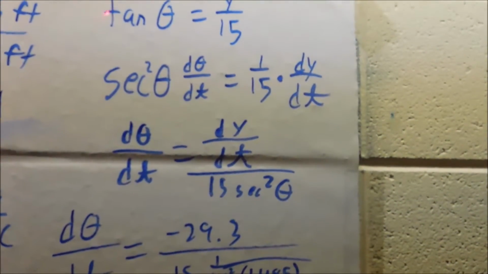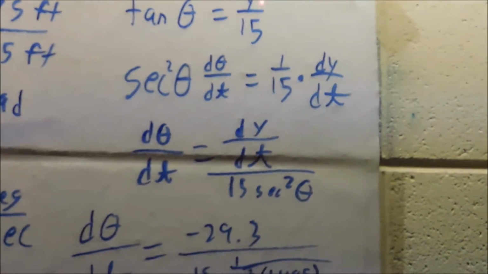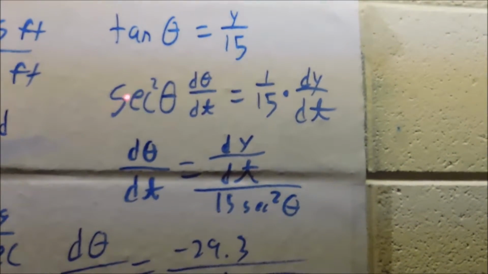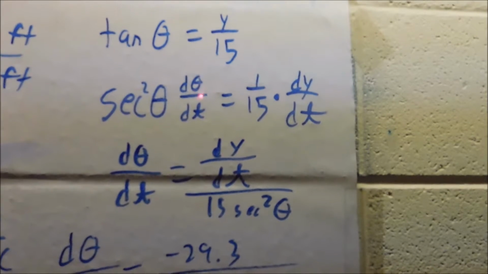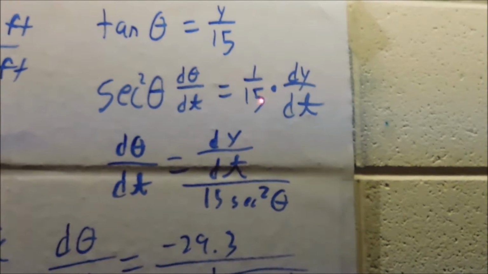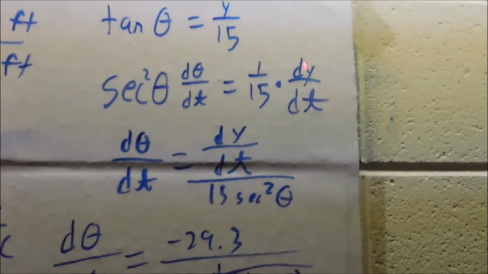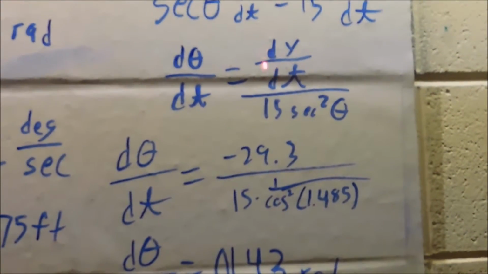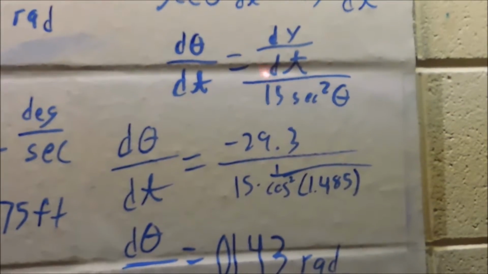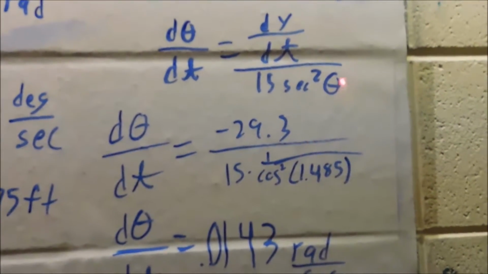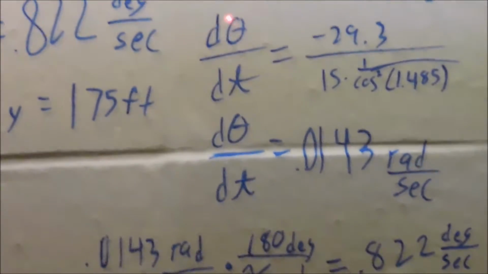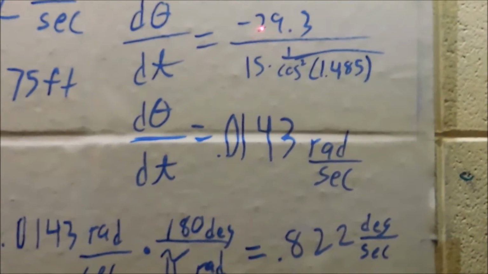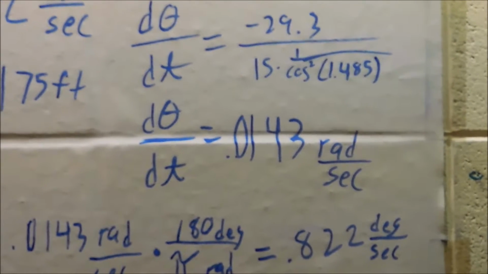So what we're going to need to take the derivative of is tangent theta equals y over 15. When taking the derivative, you get secant squared theta times dθ/dt equals 1 over 15 times dy/dt. When you rewrite it, that is dθ/dt equals dy/dt all over 15 secant squared theta. So, moving it down, dθ/dt, when you start plugging in numbers, is negative 29.3, which is the feet per second,